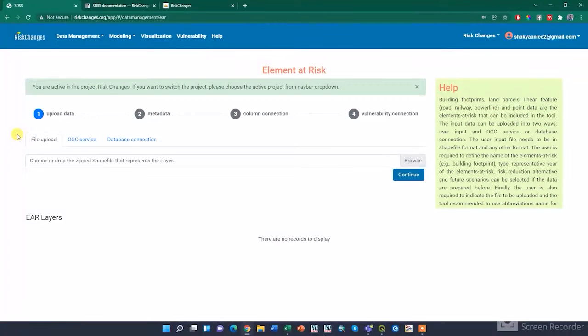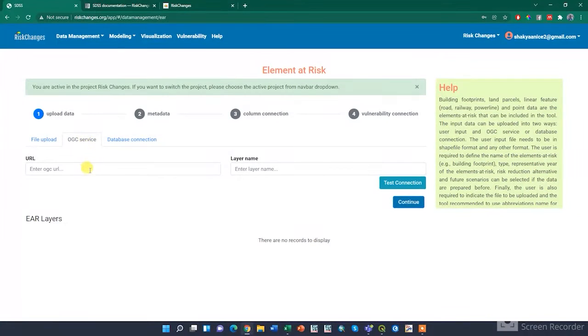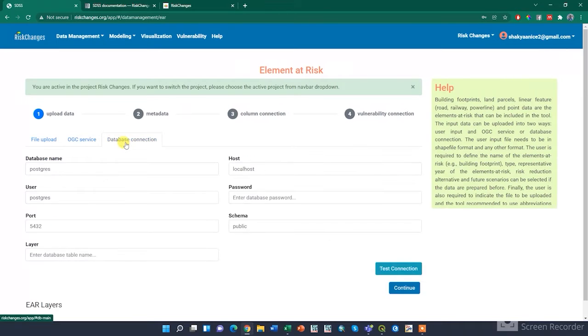In the first step, you need to upload the file, which can be done in 3 different ways. In the File Upload section, you have to upload a zipped shapefile layer stored in the computer. The second one is the OGC service, where you can upload the EaR layers as web maps from GeoServers. The third one is the database connection, where you can connect to a local database containing shapefiles of the desired